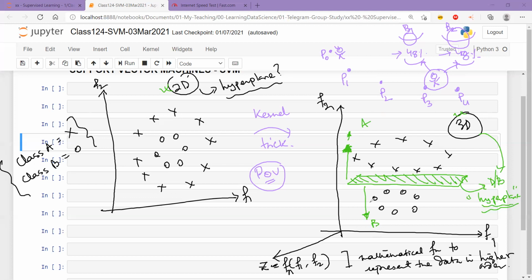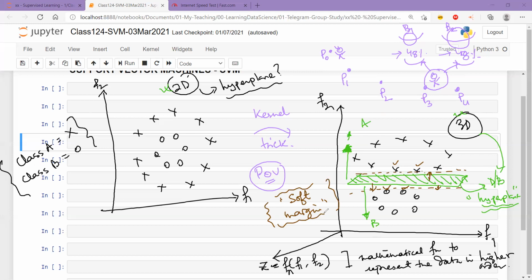Now the point is, here also, if you look at the margin, look how close at least these 2 points are. This point and this point are really close to the plane. And even in the case of the O's, this point and this point are really close to the plane, which is making the margin really small. Let's say this is the margin from one side and this is the margin from the other side. So the margin here is very soft, which is okay for me because I've already negotiated there.